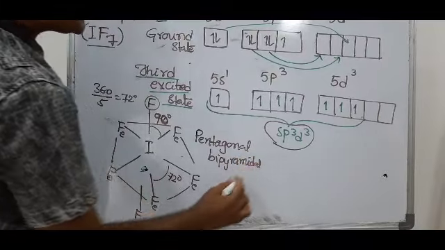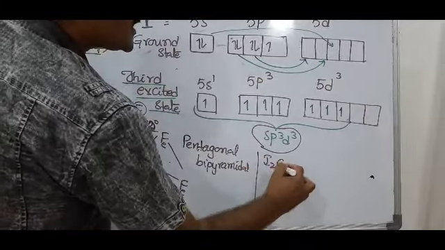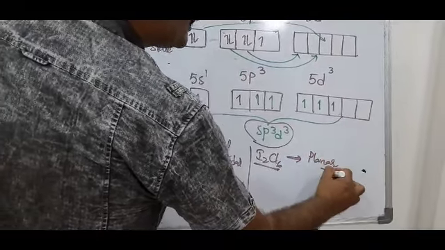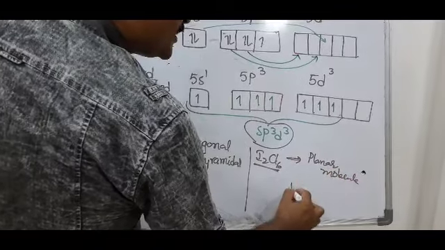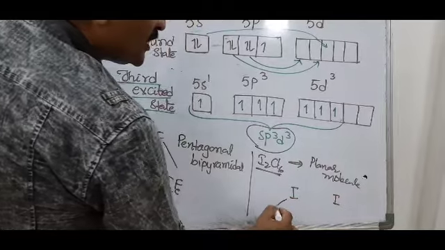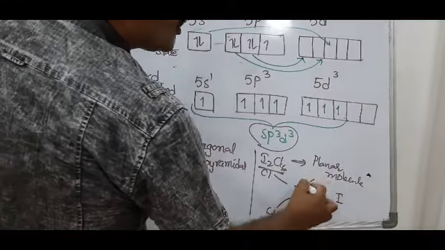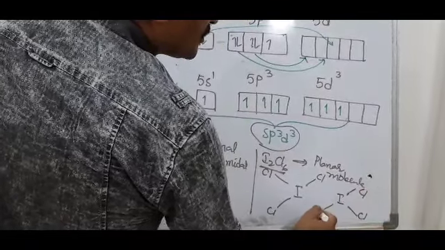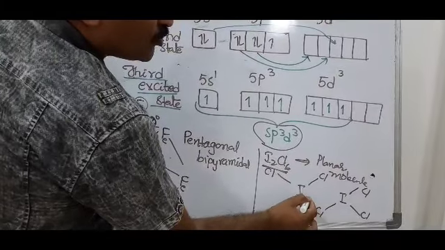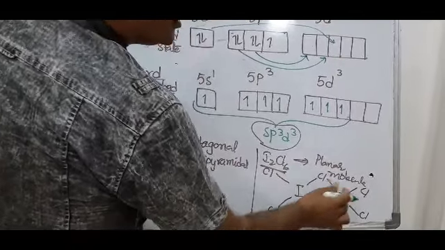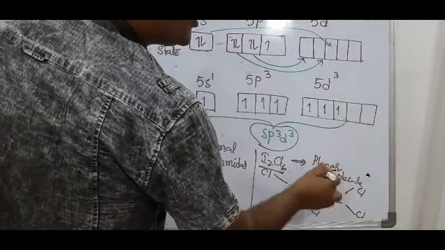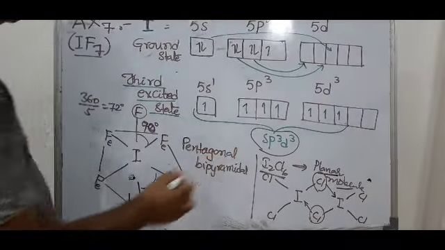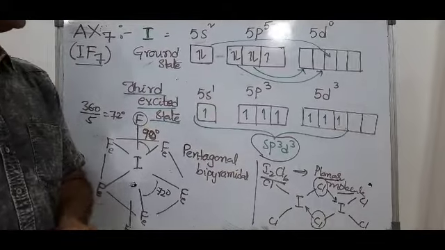And lastly, the special case I2Cl6. I2Cl6 is a planar molecule. It is an interhalogen planar molecule, and its structure is like this: iodine, with four chlorines attached by normal covalent bonds. But two chlorines make dative bonds. All are present in one plane. It is a planar molecule. These 2 chlorine atoms are bridging chlorines. It is a special case of the interhalogen compounds.